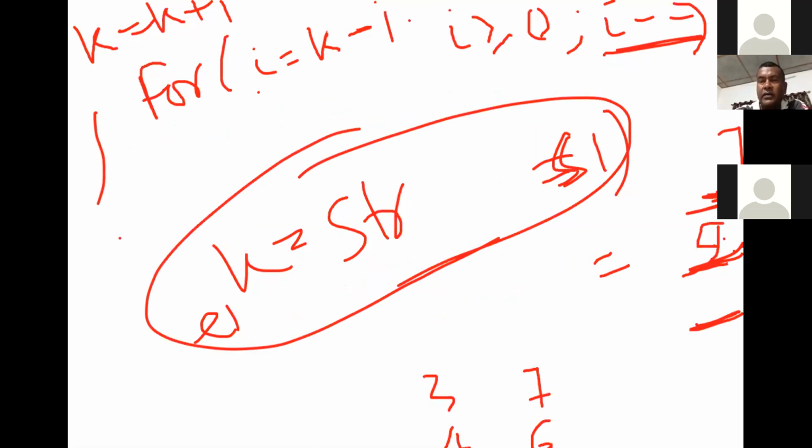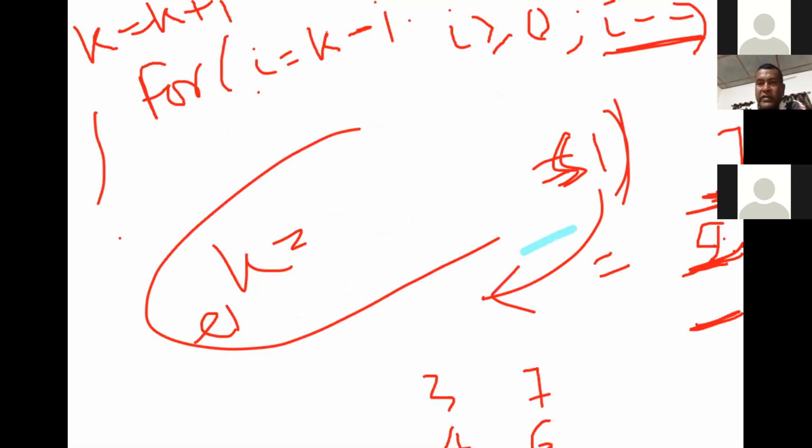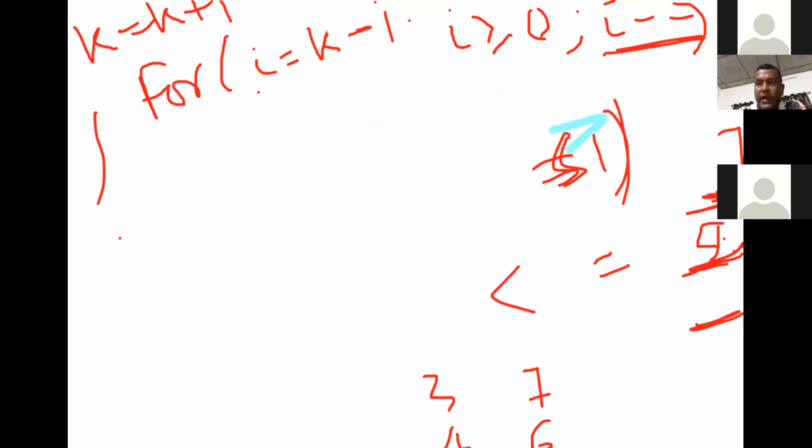strrev s1. So whatever s1 is, it becomes reverse. Okay. So this is the shortcut way. Here I am not using any inbuilt function for reverse purpose. And the concept is that I use two strings.